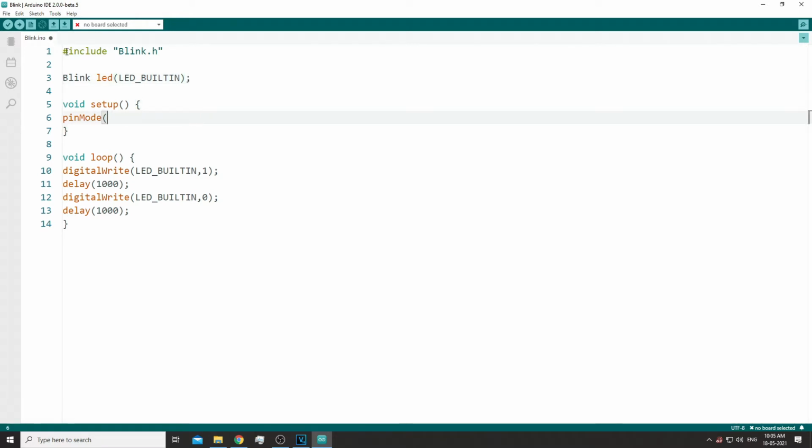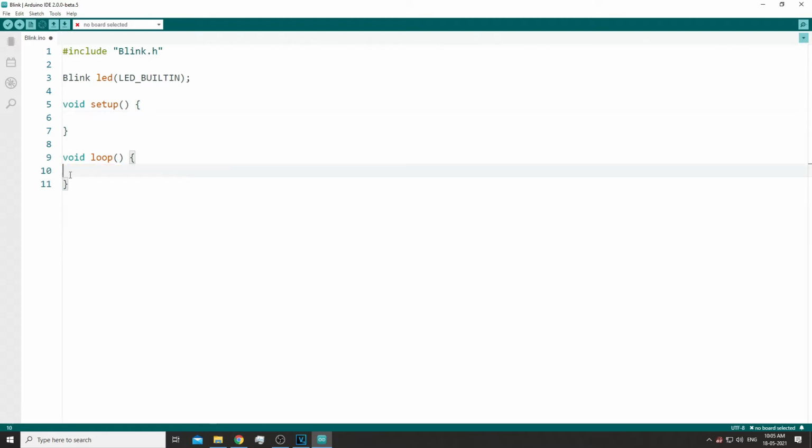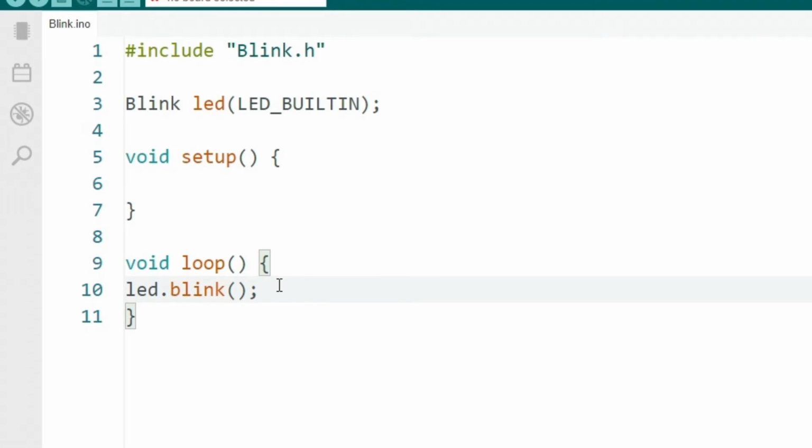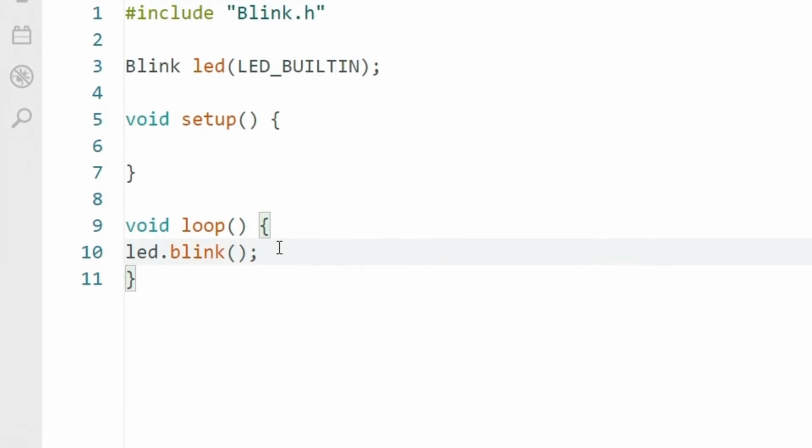Now we can remove the other lines of code and replace them with the object name .blink. In this case, it is LED.blink. This was just to give you an example of how easy it can be writing code for a project by using our own libraries. Now let's move on to actually creating the library.